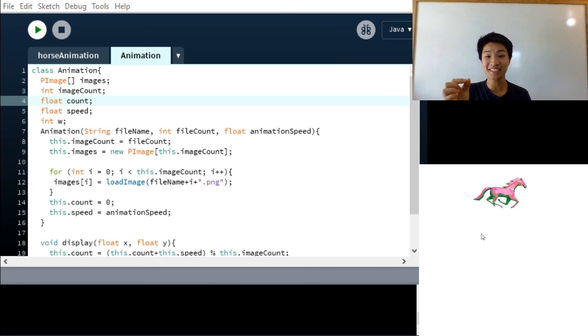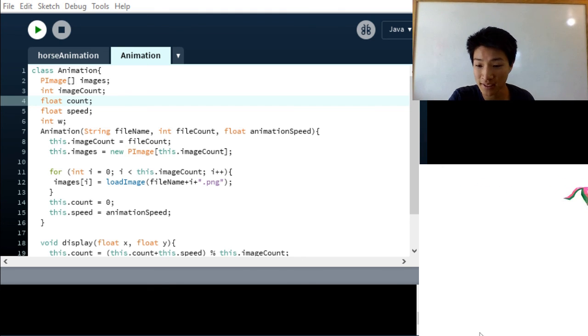So that's basically it for today. I showed you can actually have it run multiple horses with different speeds. I might do a small video on that. Other than that,